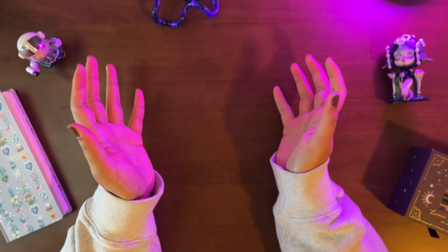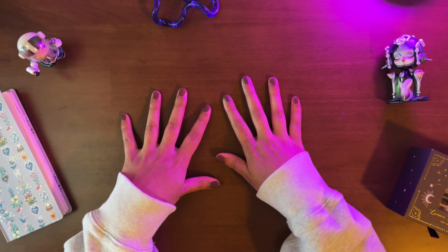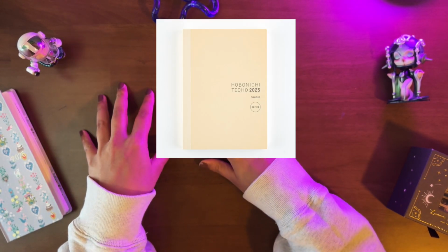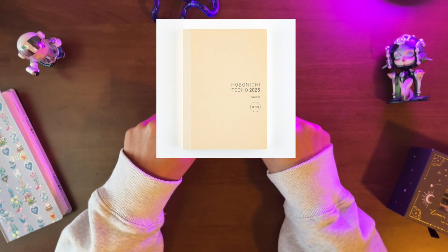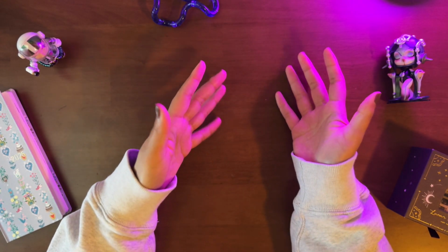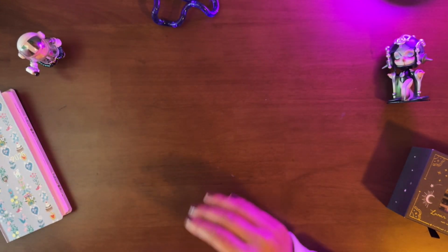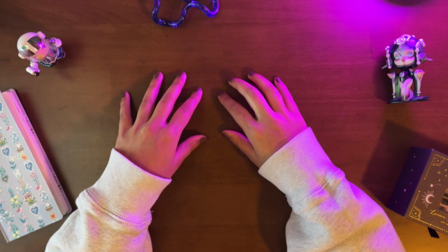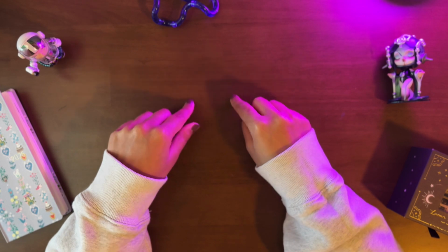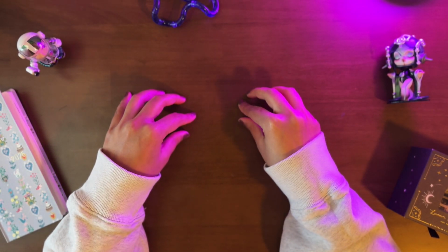And that's going to continue. And so really the first notebook on my wish list is actually the 2025 Spring Start cousin, because I'm currently in a 2024 Spring Start. So come the start of April, that book will no longer be usable. It's going to run out of weekly pages, and I really need the weekly pages. So I would say one item that I for sure will be purchasing off my stationery wish list is the